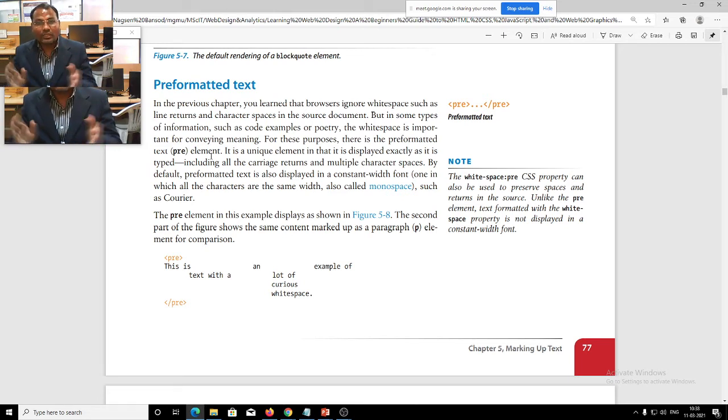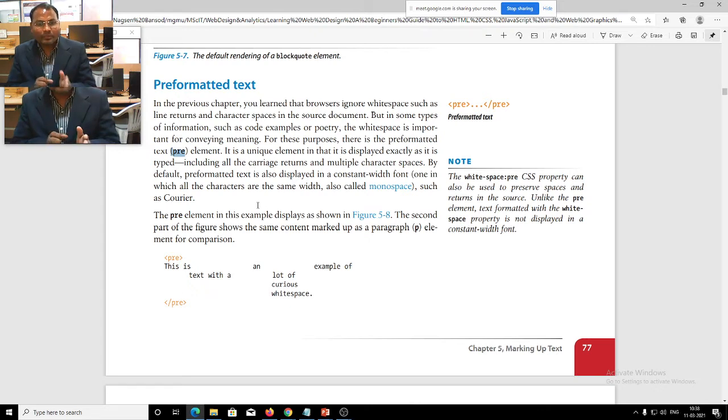It is a unique element. So there is the preformatted text element, which is a unique element, and it displays the text exactly as it is typed, including all the carriage returns and multiple character spaces.